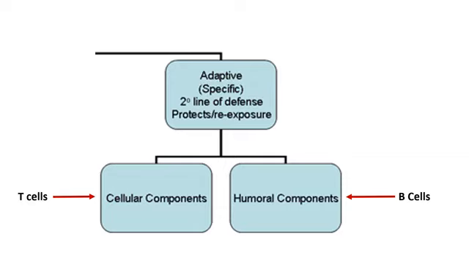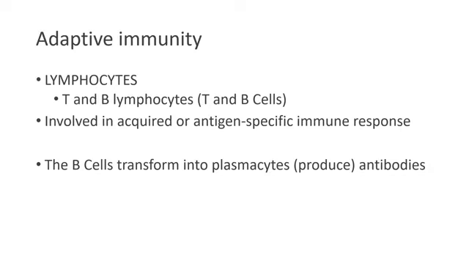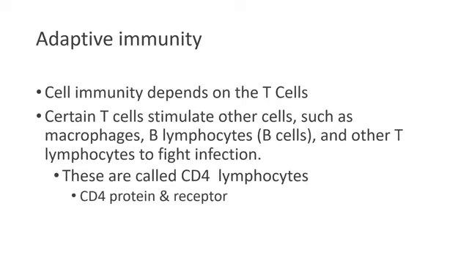Okay, so they're involved more in the humoral components or the liquid components, making of the antibodies, which are found in our plasma. But the T cells are important in HIV. So here, just again, lymphocytes, there are T and B cells or T and B lymphocytes, and they're involved with acquired or specific immunity. The B cells, as I mentioned, they make antibodies. So what they do is when they see an antigen, they transform into plasmacytes, and then they produce antibodies. You'll probably recall that from our second module.